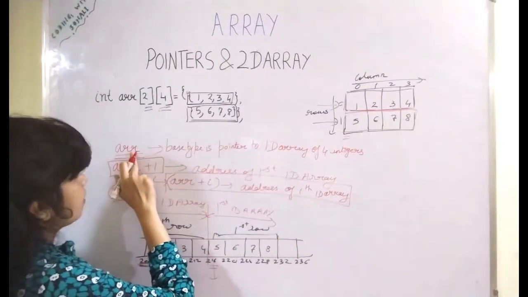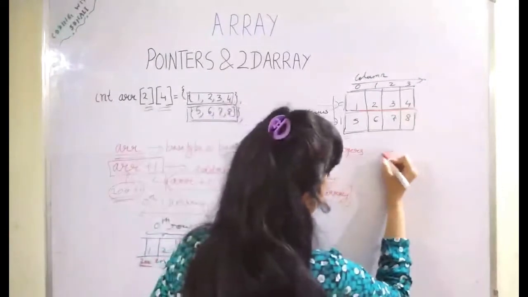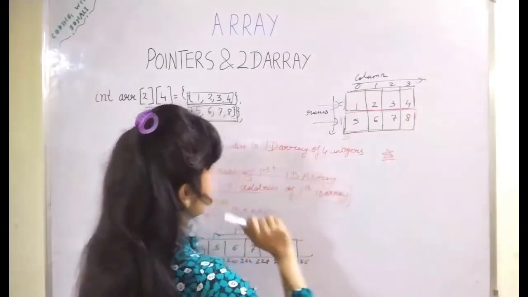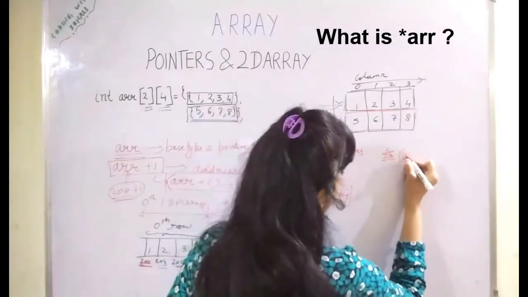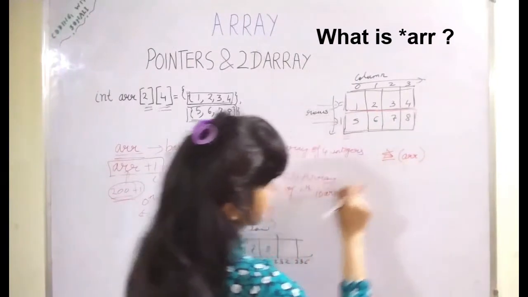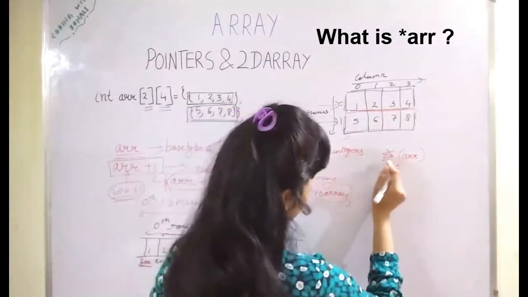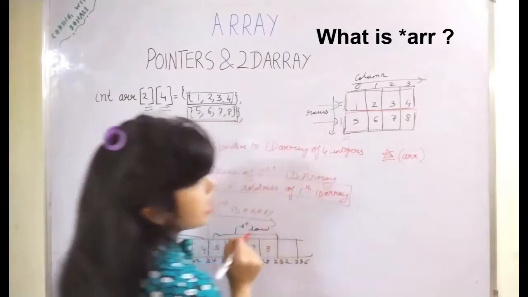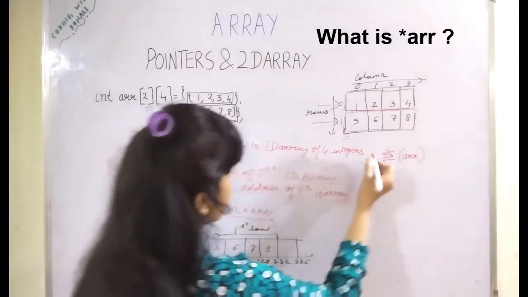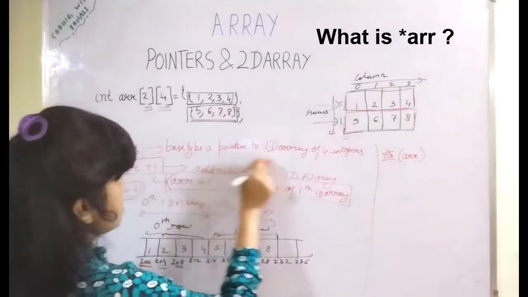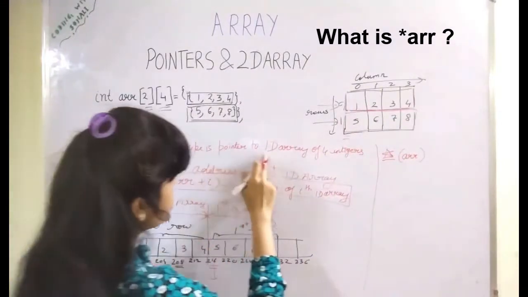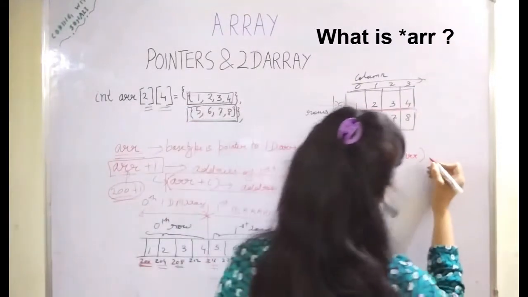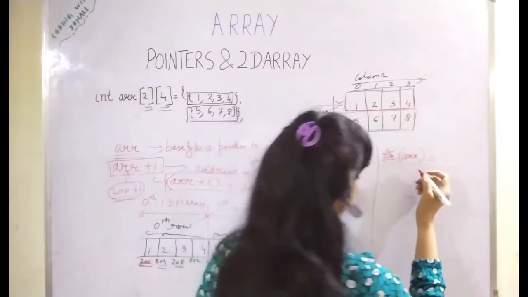Now if you dereference ARR, we use the indirection operator star. The star represents the value at the address. So if I take star of ARR, because ARR first of all has an address, I can apply the indirection operator, that is, I am dereferencing ARR. So what will I get in this scenario? For ARR we have seen the base type is a pointer to a 1D array of 4 integers, and when you dereference it, you get the same address, but the base type will be what?